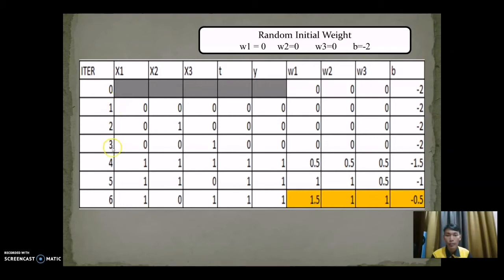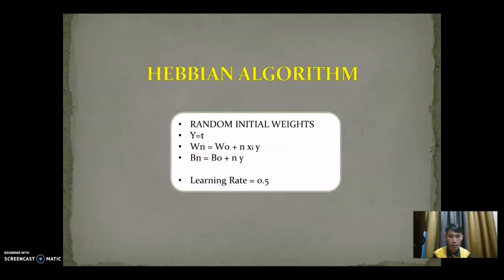So this is the table that we construct, where T is the target that we stated, and y is equal to T, so it just follows the target. And for the W, as we stated before,